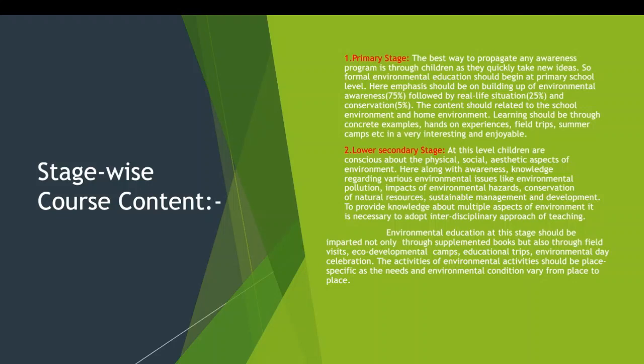They are in a stage that means higher cognitive level. So as their cognitive power increases, more and more we can increase the span of the environmental component. Okay. And in this stage also, environmental education can be imparted through some